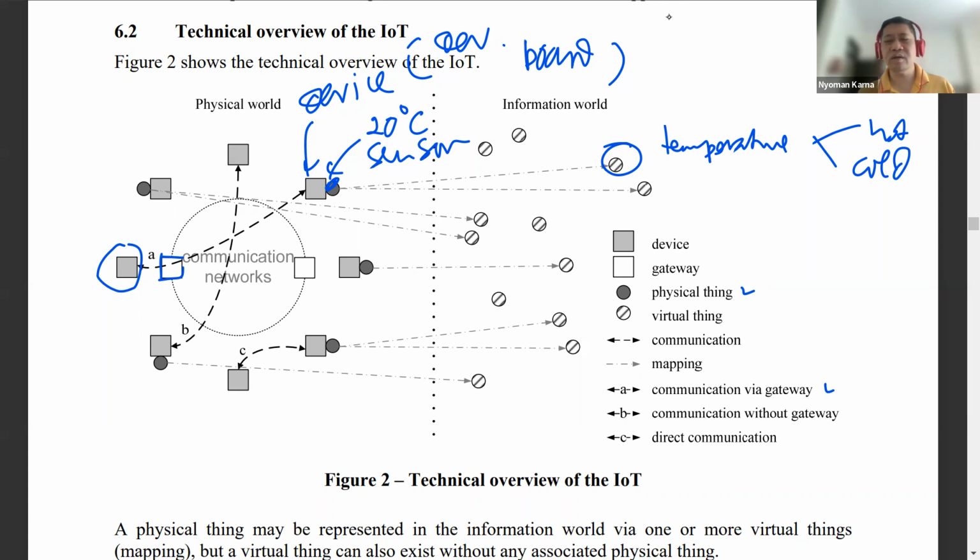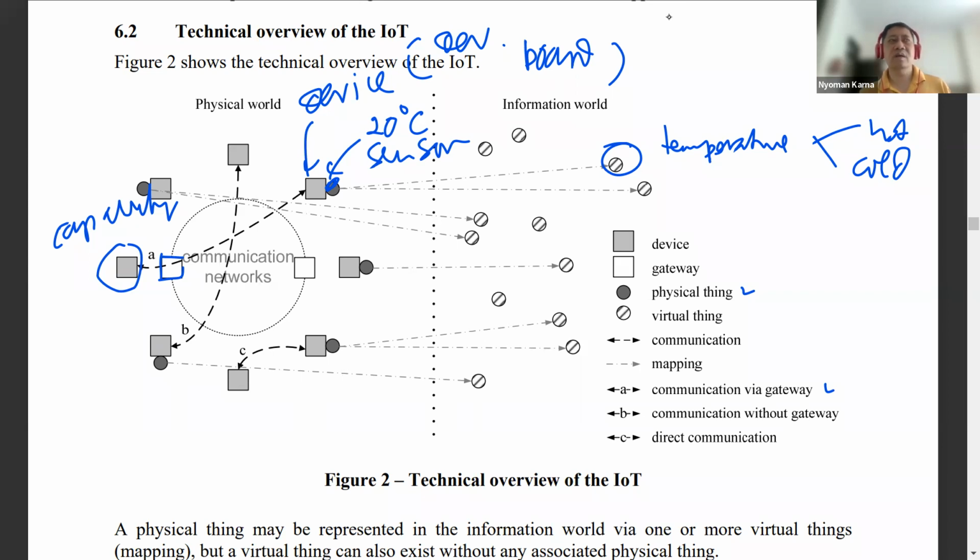When do we use a gateway? It is when the network and the capability of the IoT device do not match, or in other words, the IoT device cannot communicate directly to the communication network, because the IoT device doesn't know how to talk with the communication network.